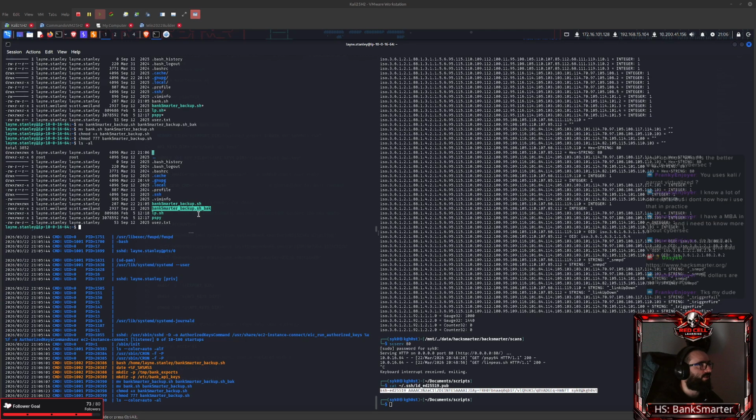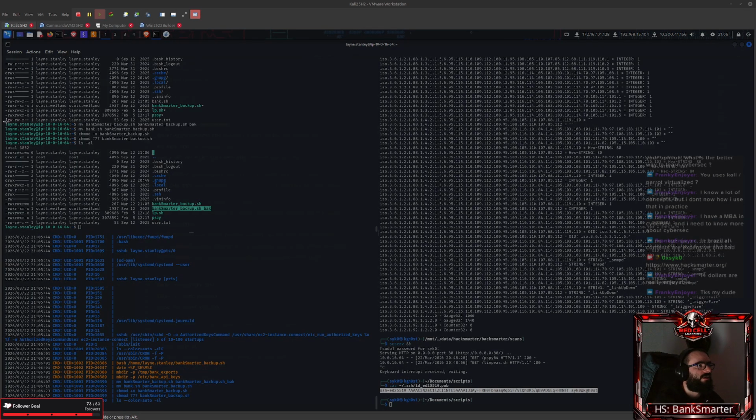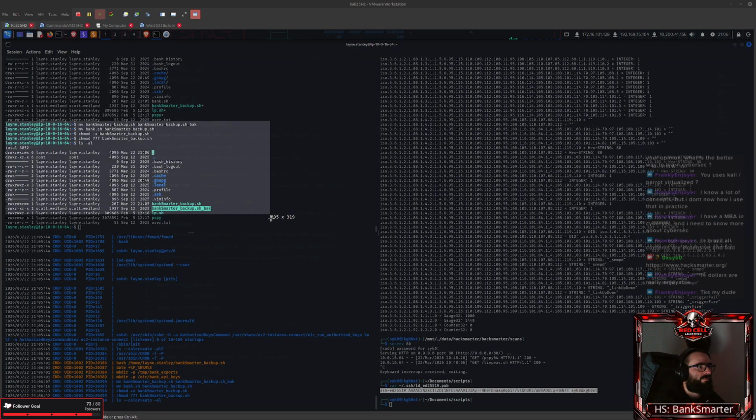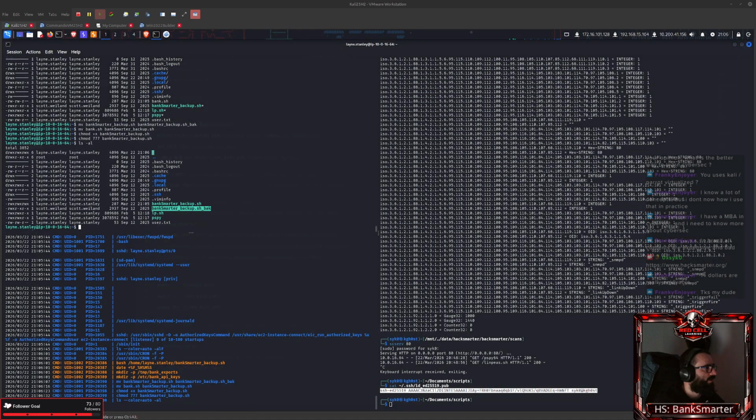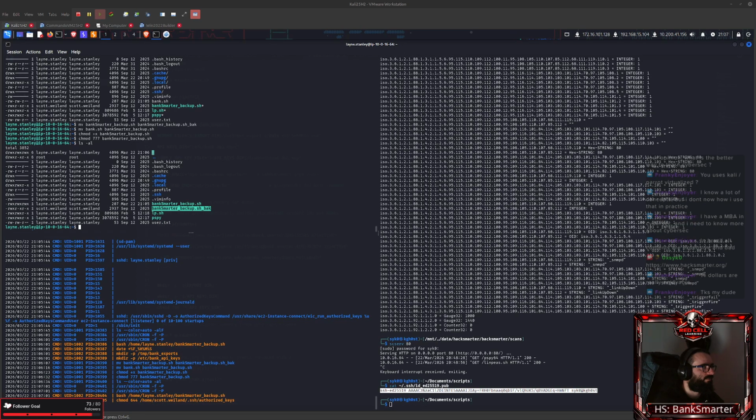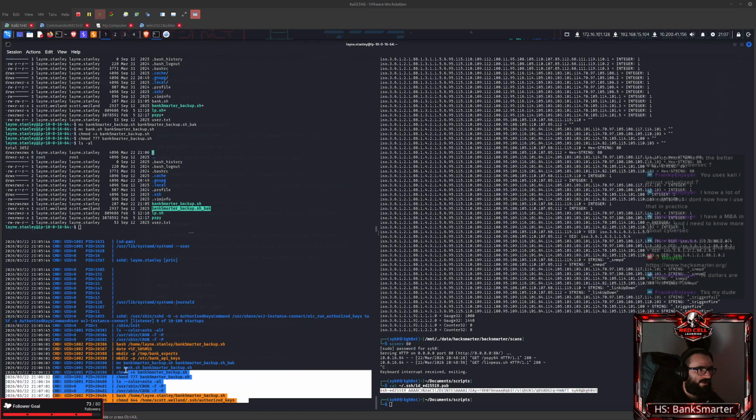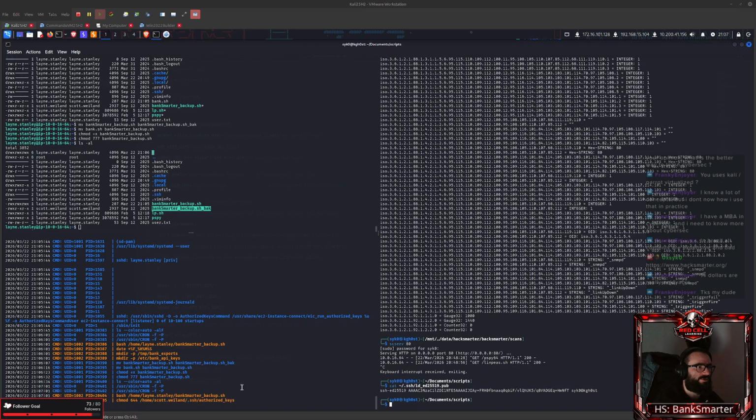This is the backup one that we've created. Okay, so it did execute, which means if everything worked as expected, we should be able to do